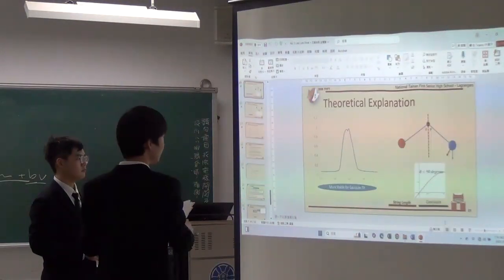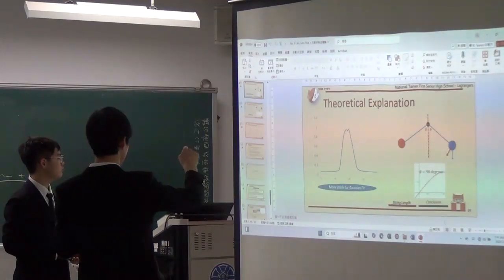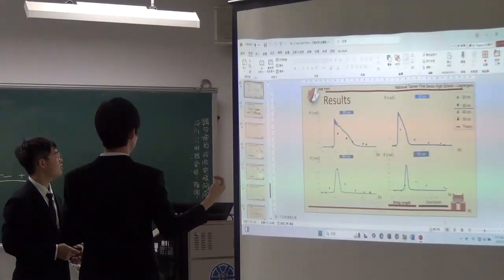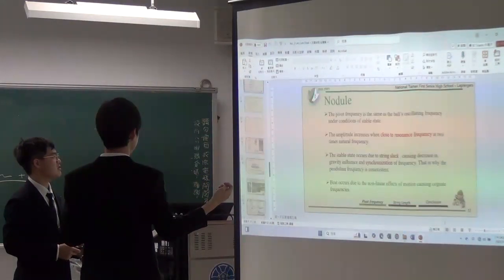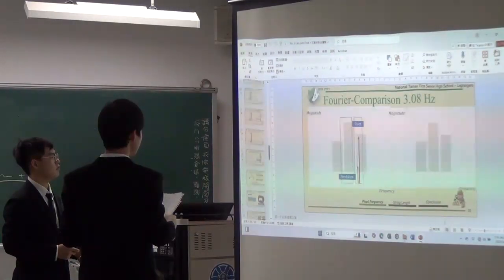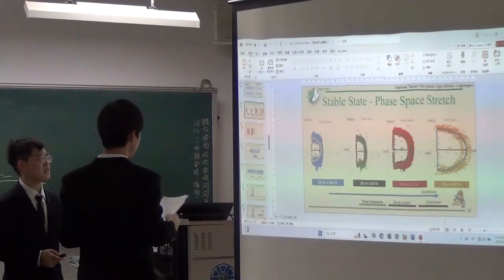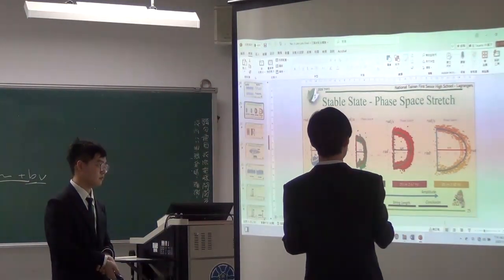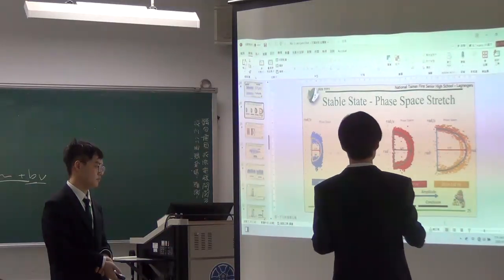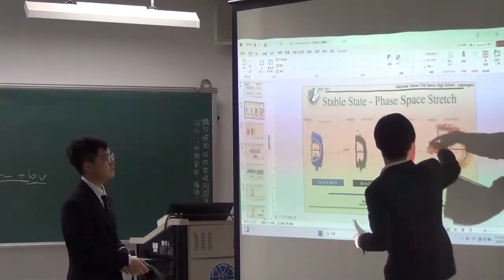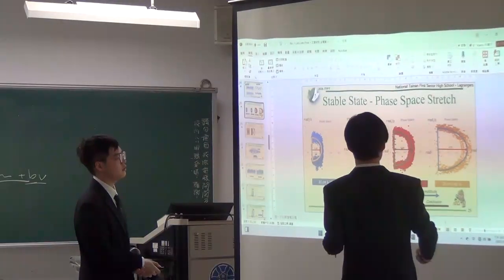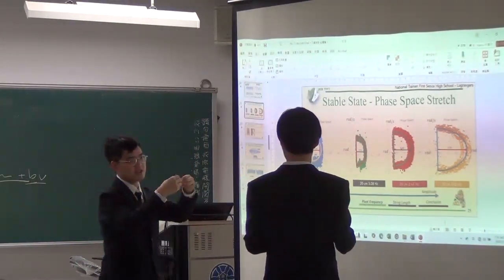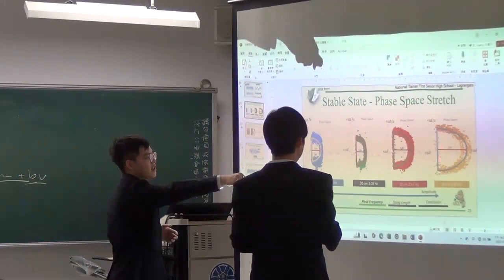Can you turn to the omega to theta graph? You mean the phase space? Do you want the stable or the unstable phase space? Stable. Why is the line not at zero, right here? This is because the ball has a size, so the smallest value cannot be at zero.